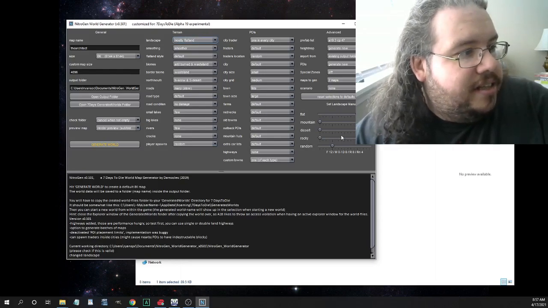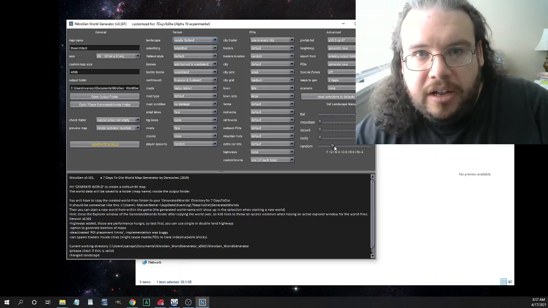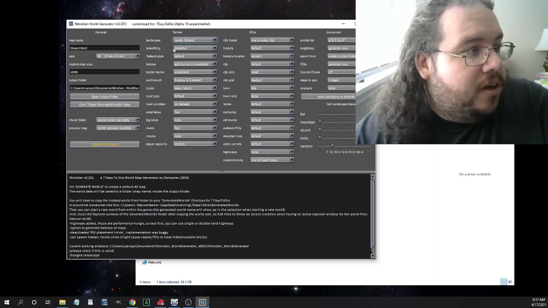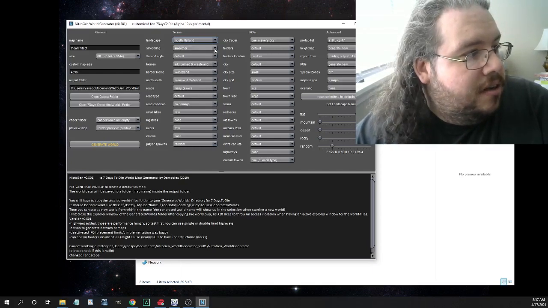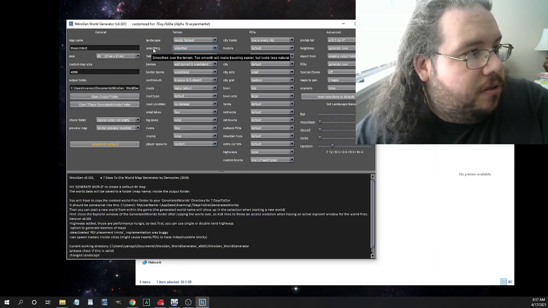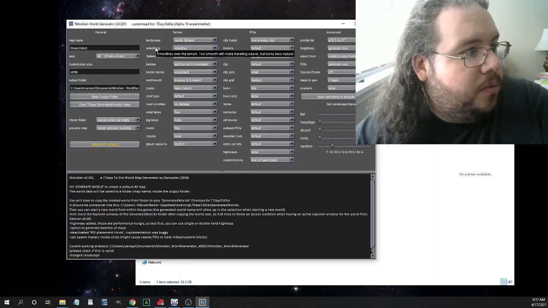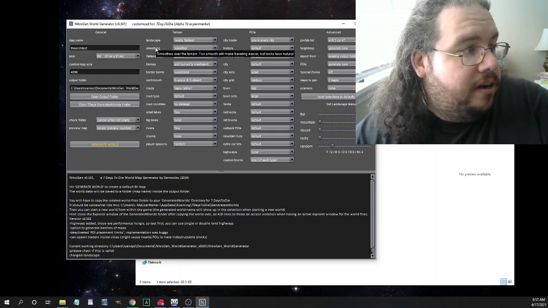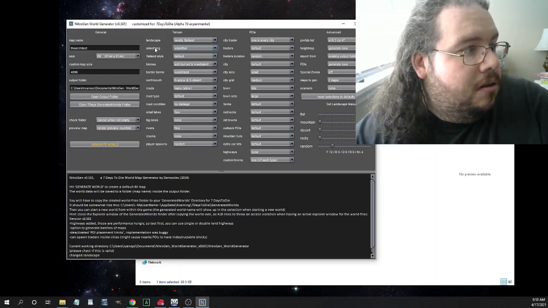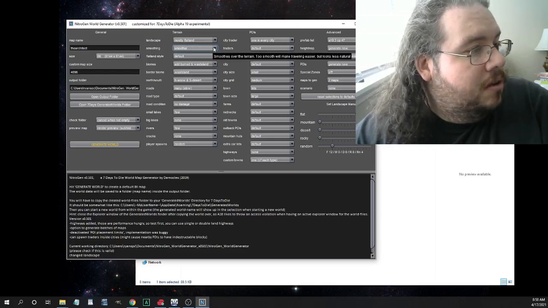So the settings that I tend to roll with is mostly flatland with some random elements thrown in. But you can tweak all that stuff to your preferences. Smoothing, you can mouse over the titles over here and it'll tell you what it does. Smooths over the terrain. Too smooth will make traveling easier, but it doesn't look natural. I tend to go to just a bit smoother